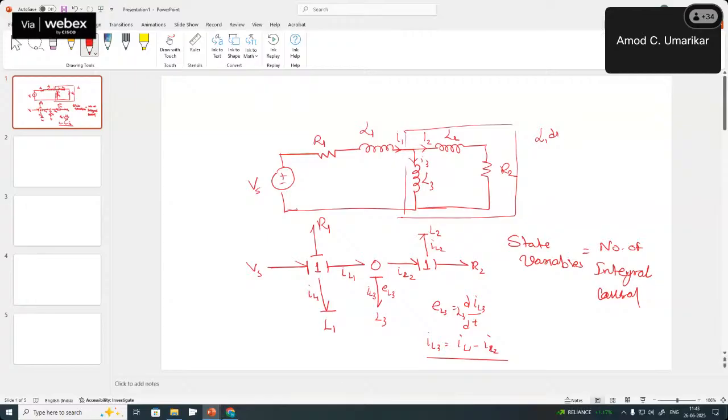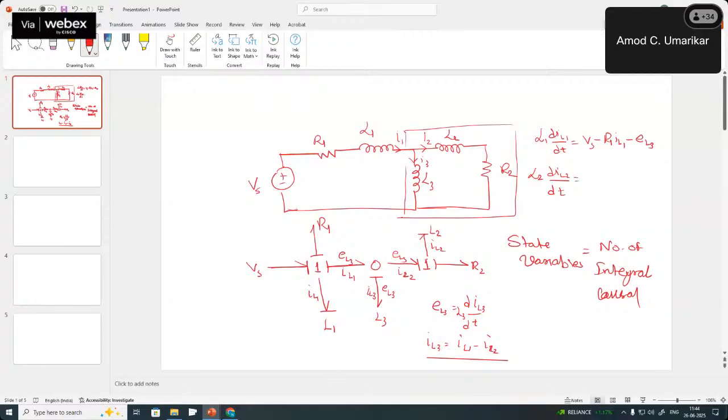L1 dIL1/dt equals Vs minus R1 into IL1. From the bond graph itself you can see and immediately write minus EL3, because what are the efforts at all other bonds? If it is fixed here, right? EL3, then EL3. Similarly, L2 dIL2/dt